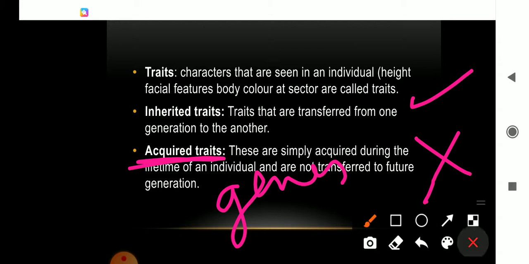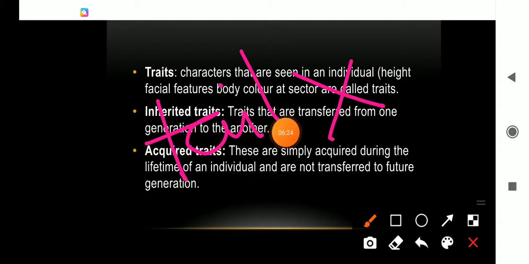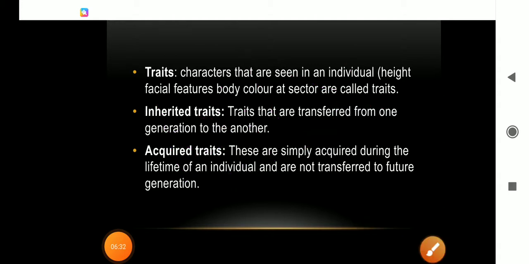And I can give you one more example for that. If we surgically remove the tail of a mouse, if we cut it, its future generation will not be tailless, because the removal of the tail cannot change the gene in the germ cell of the mouse. Okay. Now next,